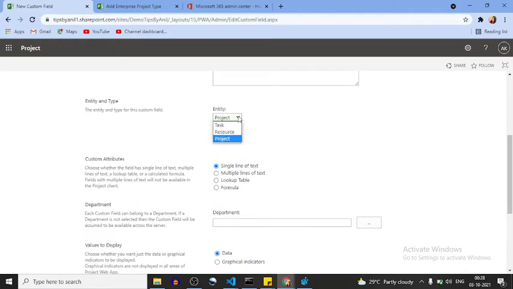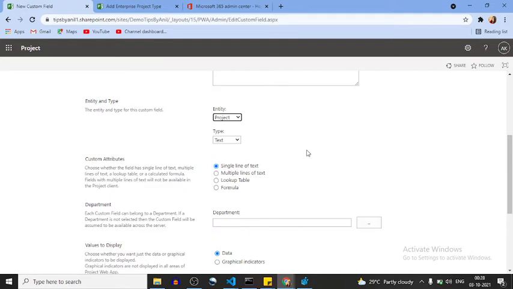Okay, this will be a project entity. Means you can create a task entity, resource entity, or project entity. What does that mean? It means you are going to create a property of your project. Okay, an attribute of your project. This will be the correct sentence. So we are going to create an attribute of our project.